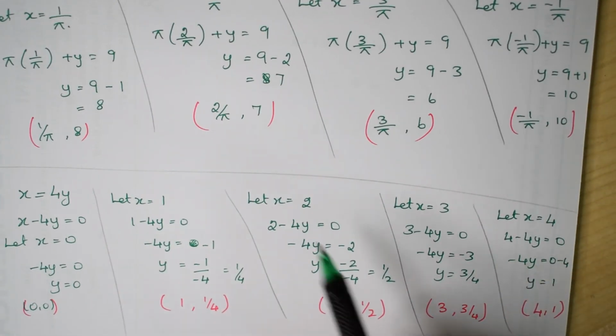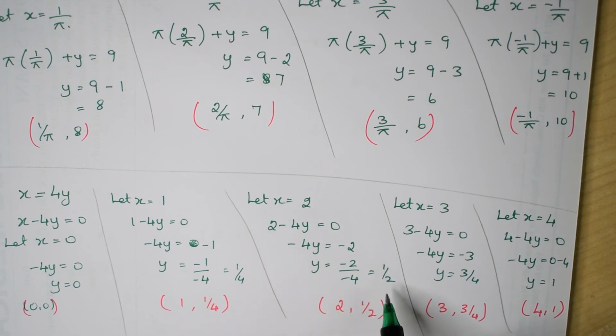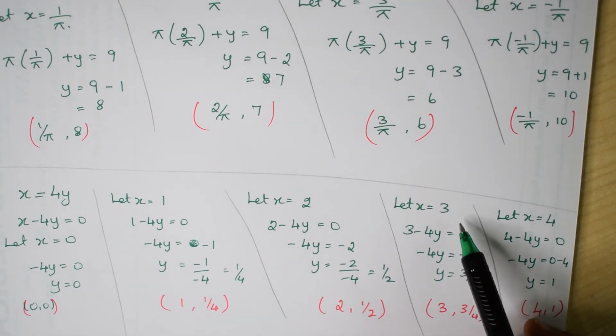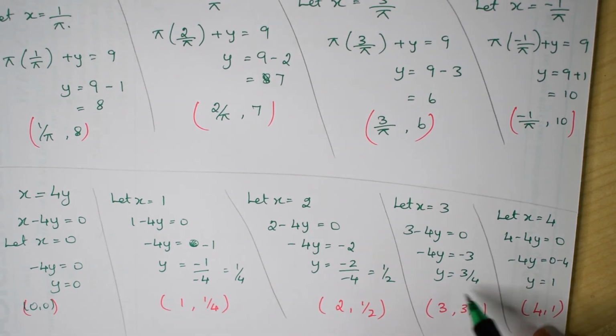Then when I am taking x to be 2, accordingly the value of y becomes 1 by 2, and so 2 comma 1 by 2 becomes the third point. And when I take x is equal to 3, y is calculated to be 3 by 4, and so the fourth point is 3 comma 3 by 4. But as I introduced 0, someone may not be comfortable with 0. So I am introducing one more point, because here the x coordinate is also 0, and the y coordinate is also 0. Both the numbers are 0, so you might feel it's wrong.